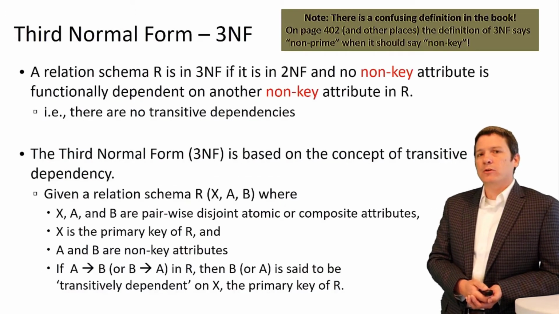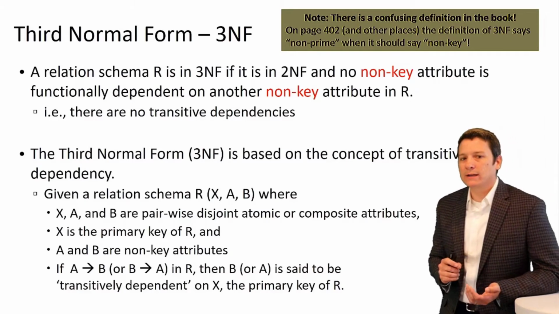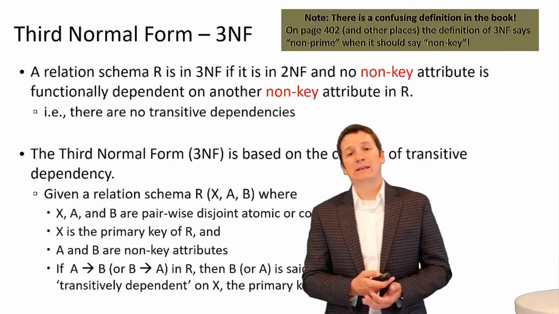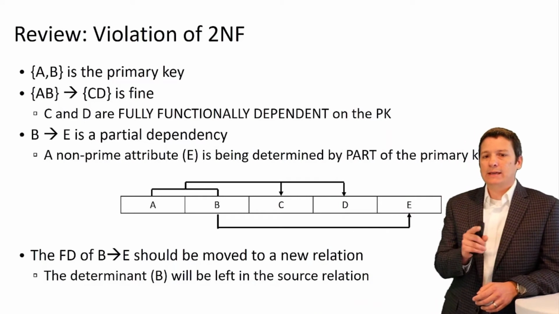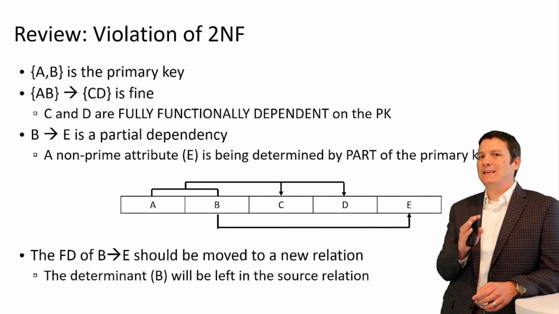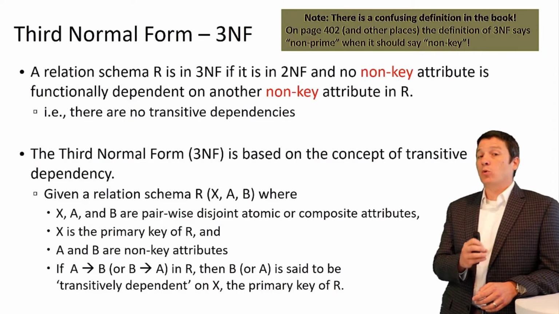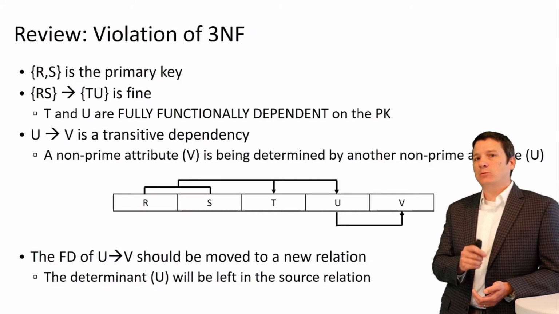And then third normal form says you have to be in second normal form and we have no non-key attributes that are functionally dependent on another non-key attribute. Now, in this previous example, E, a non-key attribute, is being functionally determined by B, which is a key attribute. This third normal form violation, or a transitive dependency, is when we have a non-key attribute functionally determined